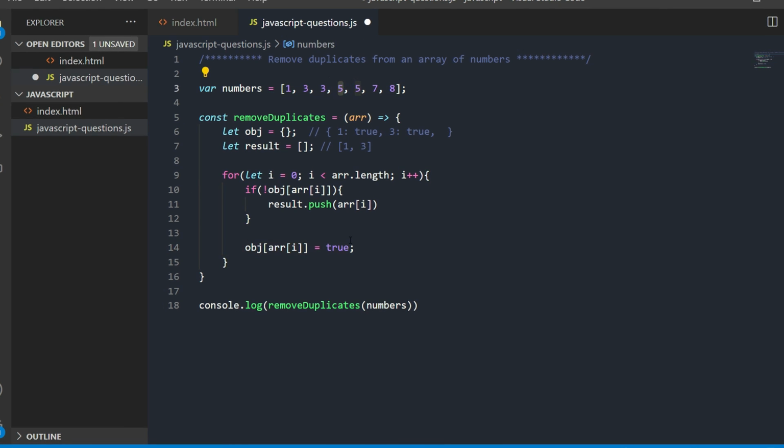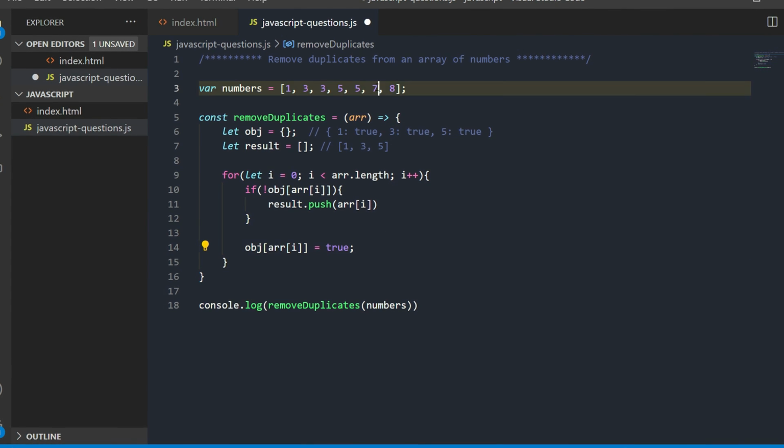Now we have 5, and it is going to check this condition. 5 does not exist in this object, so it is going to push to this array, and here it is going to assign this as a key. The same repeats again. 5 is already there in this object, so it is not going to do anything here and even here.